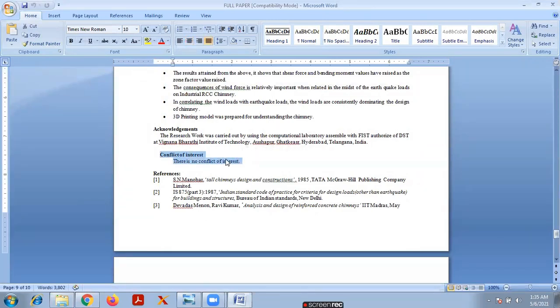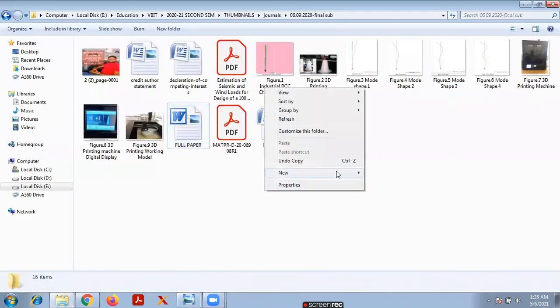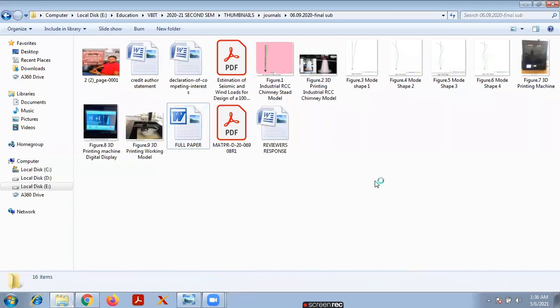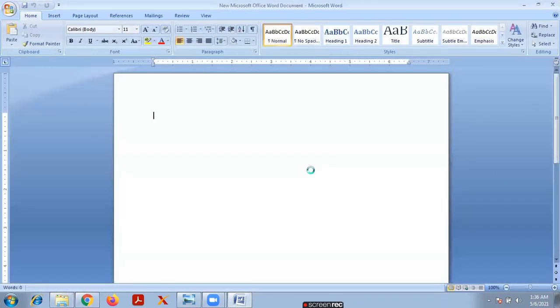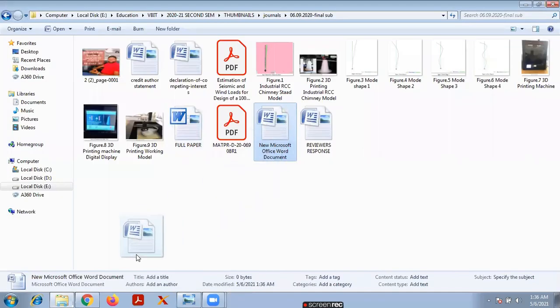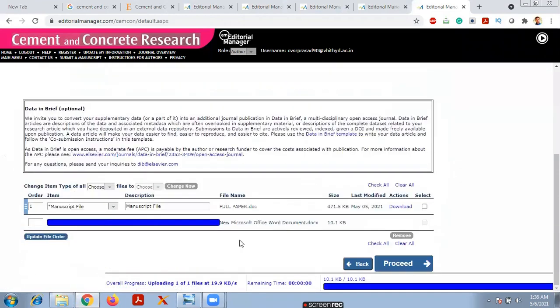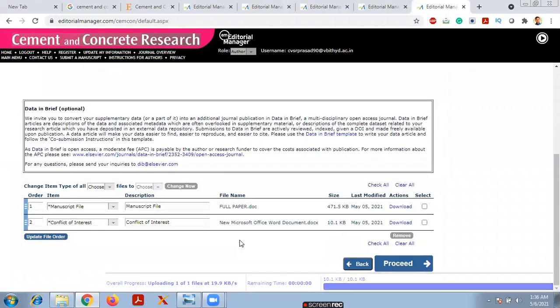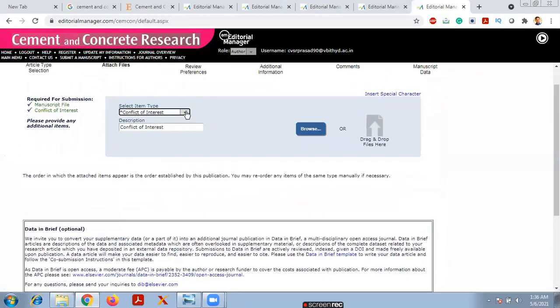So sometimes what happens, you have to copy this and create a separate Word file, write the conflict of interest, open that file, and directly write: there is no conflict of interest, like that. Then you have to upload this conflict of interest file here. See how the second time it is uploading. The manuscript file is there and also the conflict of interest.